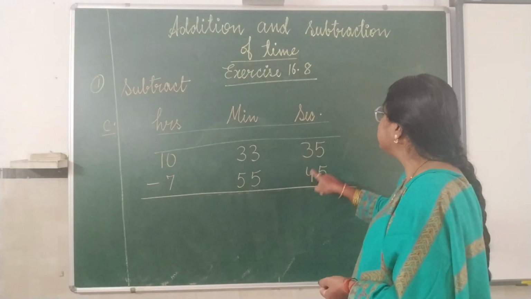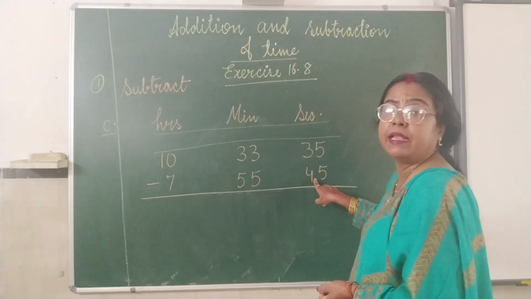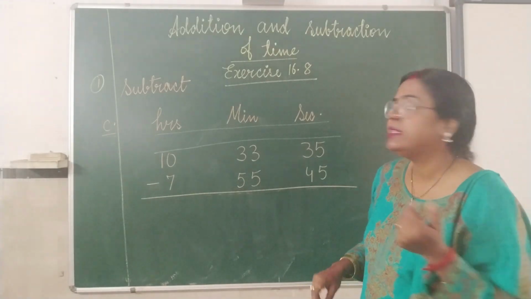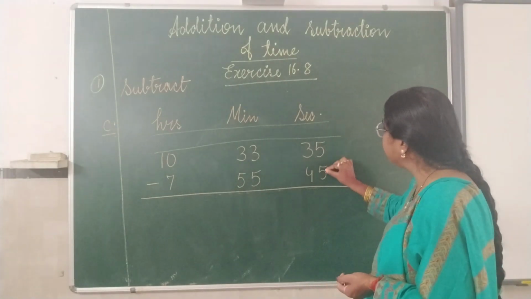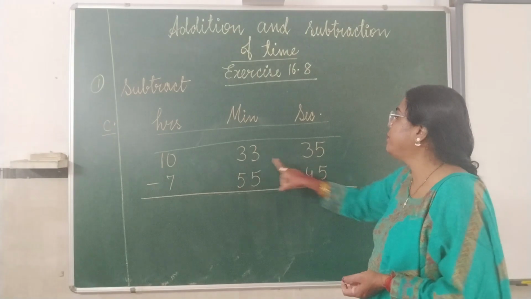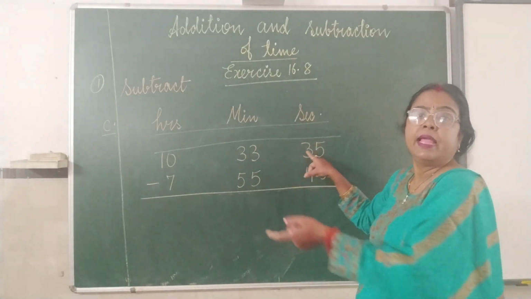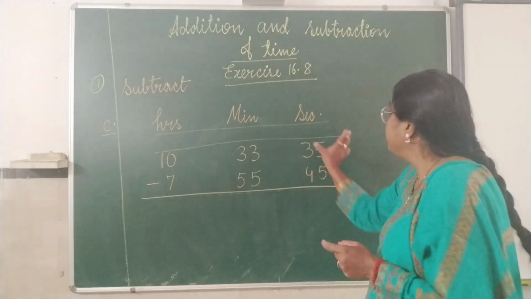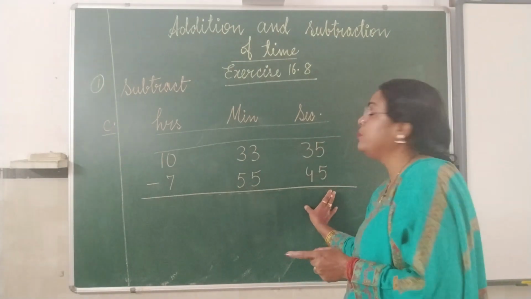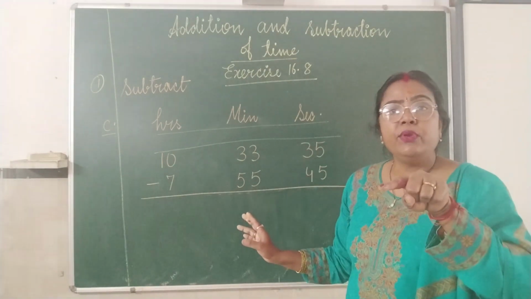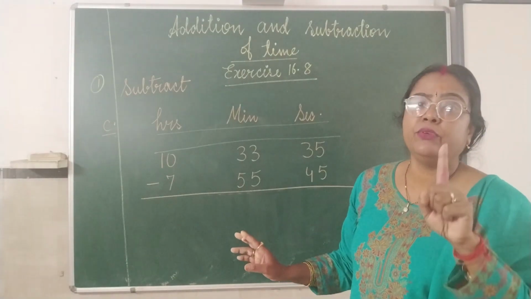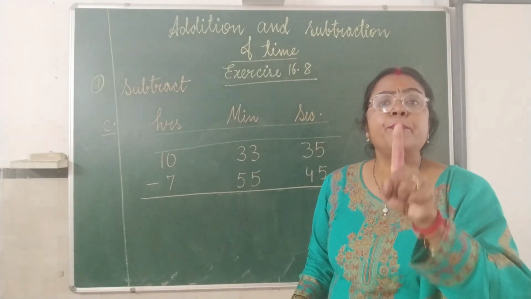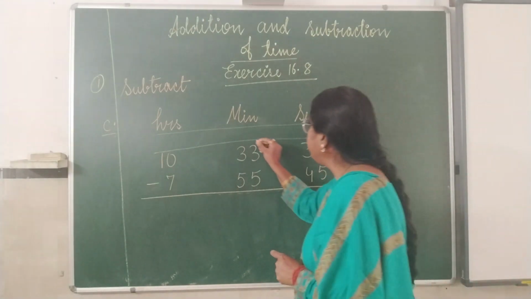See, if we take this number, 35 is less than 45. We are not able to subtract. So some of the children, what they are doing, they will subtract 5 minus 5, 0. 3 minus 4 not possible. They take borrow from here. It will be 13 minus 4. No, that is the wrong way. When you are operating on one unit, you have to focus only on that unit. If you are taking the borrow from another unit, you will not take borrow 1, because 1